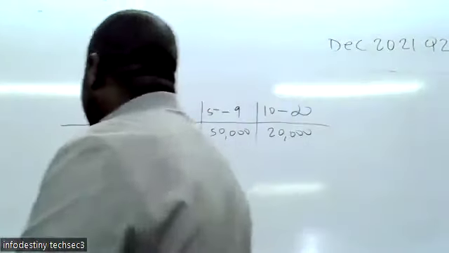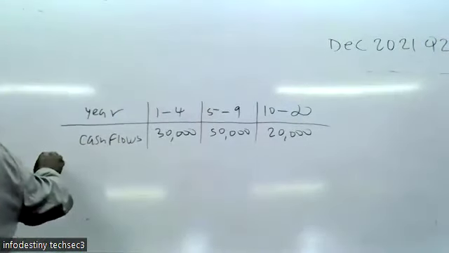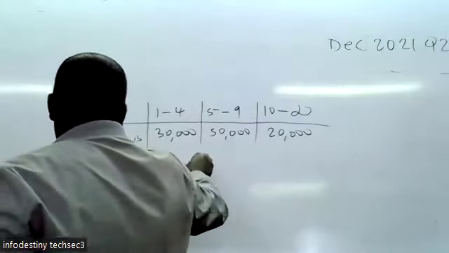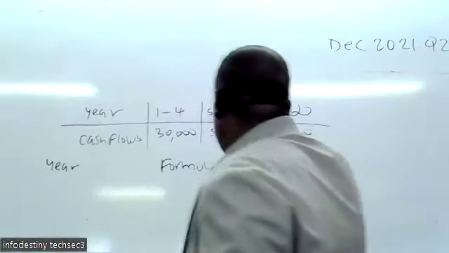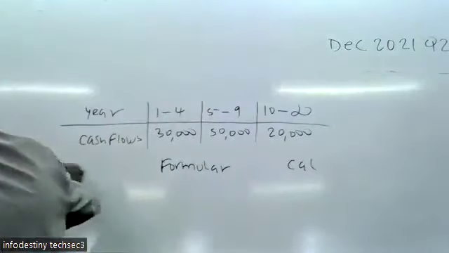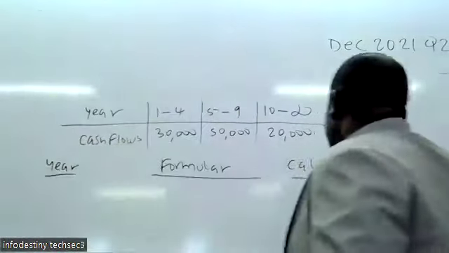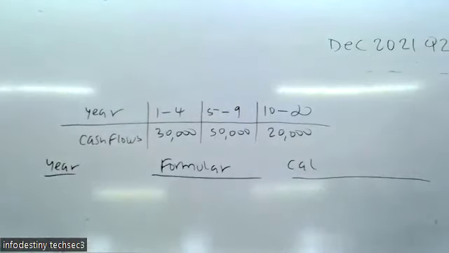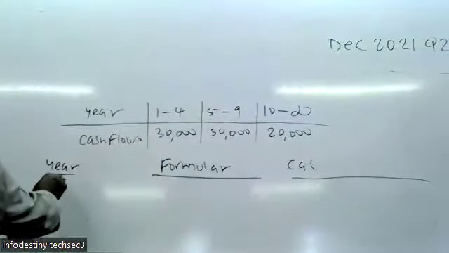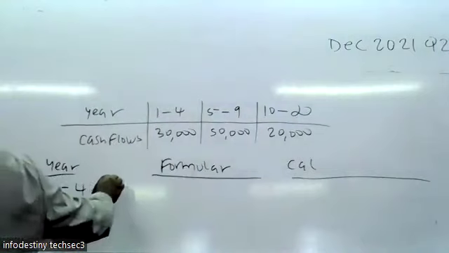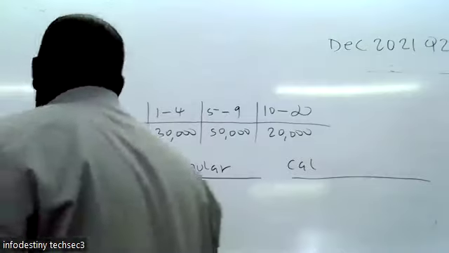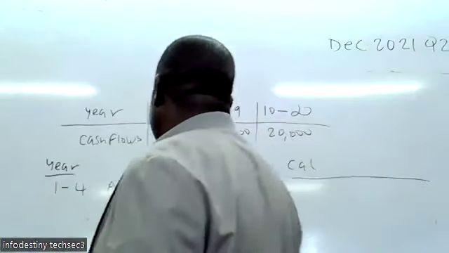So what I will do for that case, I will be having the year, then the formula I will be using, then I do some computation or calculation for that. So I will come up with this kind of arrangement. From year 1 up to year 4, it will be an annuity multiplied by the present value interest factor for the annuity,